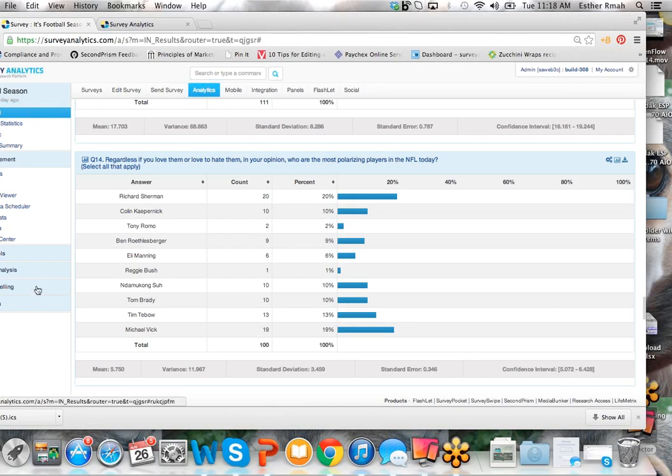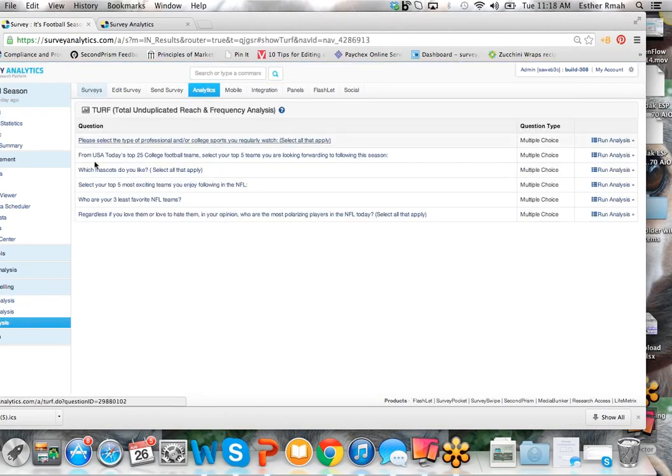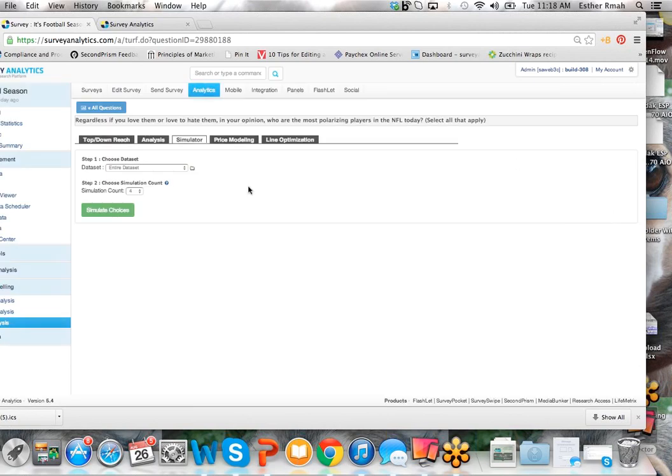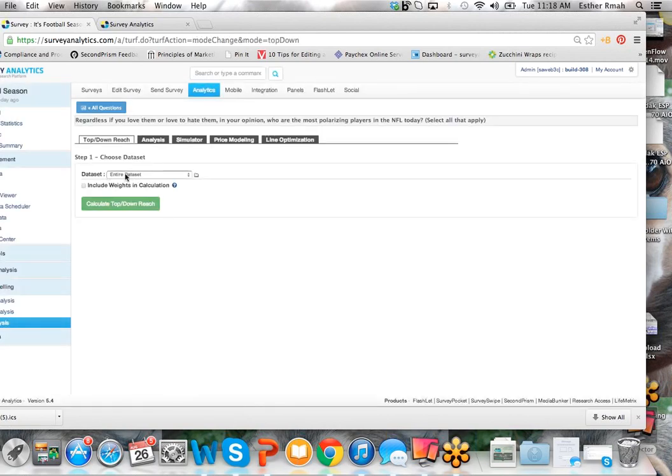So let's go ahead and jump into the TURF here. And we're just going to go with the polarizing question here, polarizing players. So we're going to run a top-down reach. And you can see here that you can break down the analysis based off of different filters and segments, but for now we're just going to go with the entire data set.